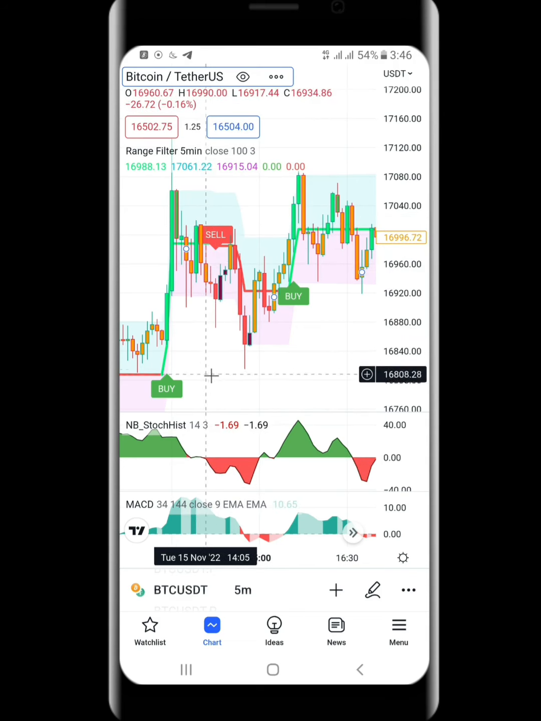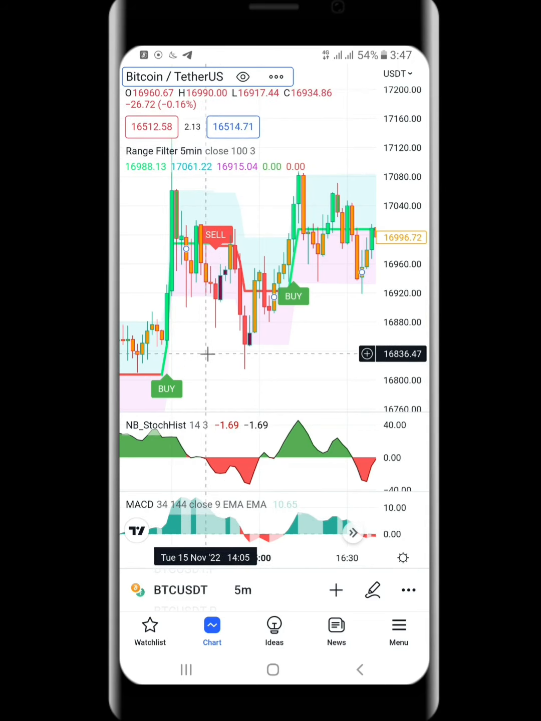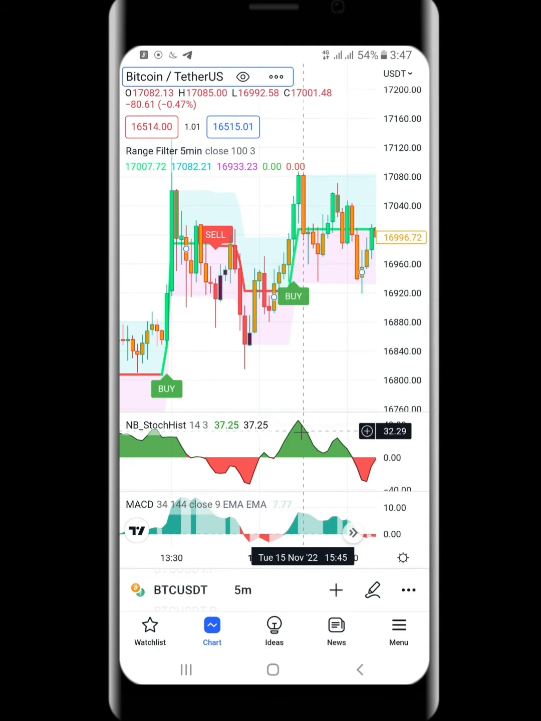Whenever we see a signal printed and we have the same color printed for the shaded area, a red shaded area here and a red shaded area down here, it means we are okay to take that trade. For instance, right here we see a buy signal that printed and we have a green shaded area. Right here we also have a green shaded area. This is an indication for us to take this buy trade,